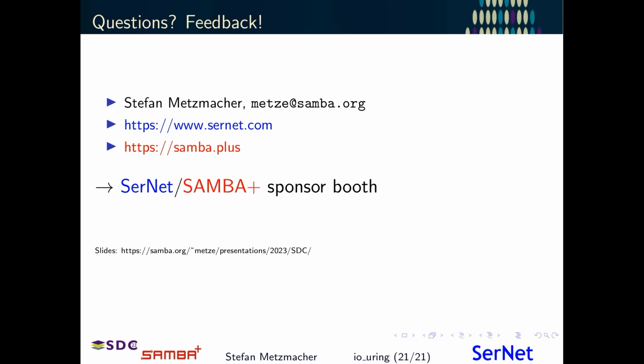Anything with random reads and smaller IOs that you've seen with io_uring? The question is if there are improvements even for small IOs with io_uring. I'm not really sure there is, because maybe if you have a larger queue depth in your IO, that may be able to make more use of it, but basically